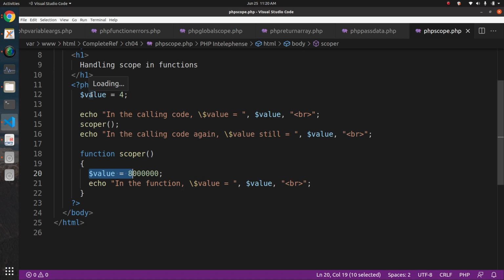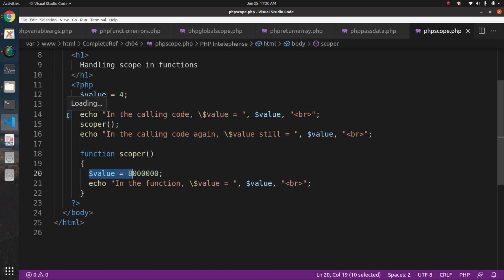Okay, and now one more thing, whenever you have defined two variables with the same name, one global variable and second a local variable, you might have studied in other programming languages as well, that whenever you access a variable which is defined with two different scopes, then